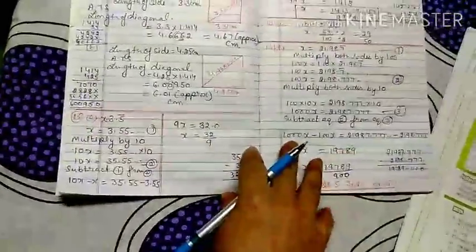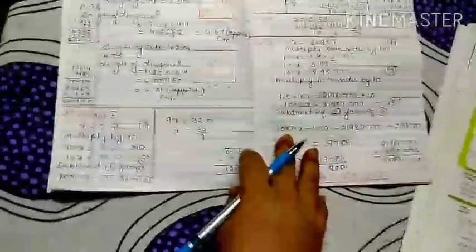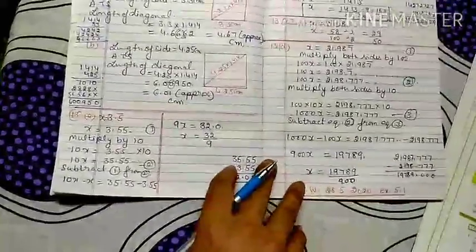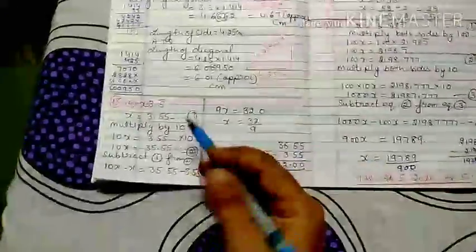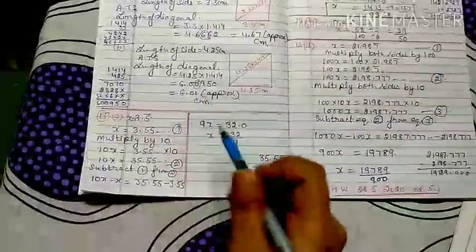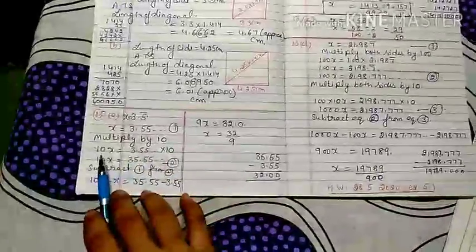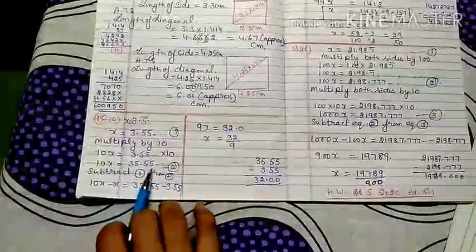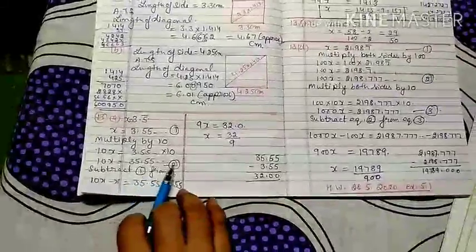Now your 13th question, now you have to convert. You have some decimal numbers given to you, and you have to convert them into fractions. Here 3.5, where 5 is the repeated number. If only a single number is repeated, you multiply by 10. So this is your first equation, this is your second equation. After multiplication by 10, 10x equals 35.55.